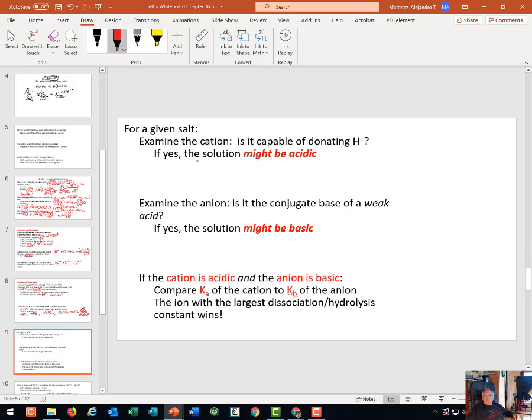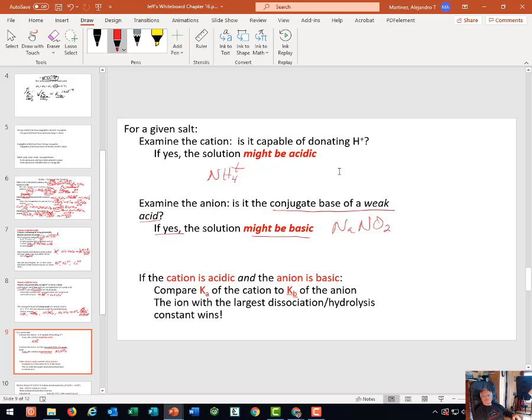For a given salt, examine the cation. Is it capable of donating H+? If that's the truth, then it might be an acidic cation. And the big one that you're going to worry about in this case is ammonium ion. Examine the anion. Is it the conjugate base of a weak acid? If the answer to that is yes, it's probably basic. Okay, and so let's take a look at